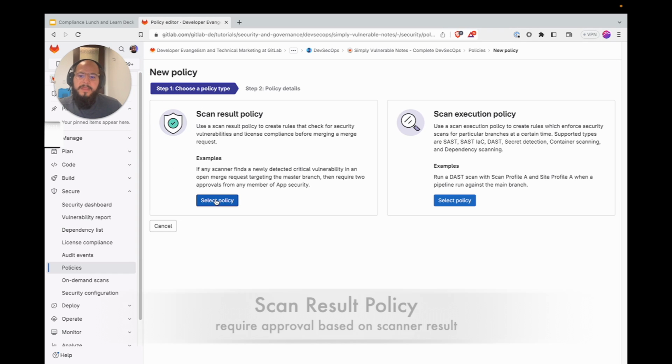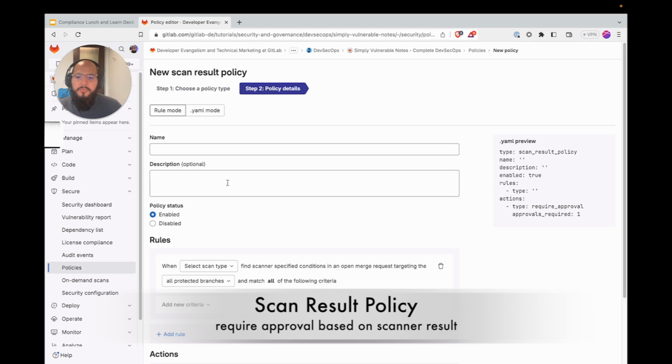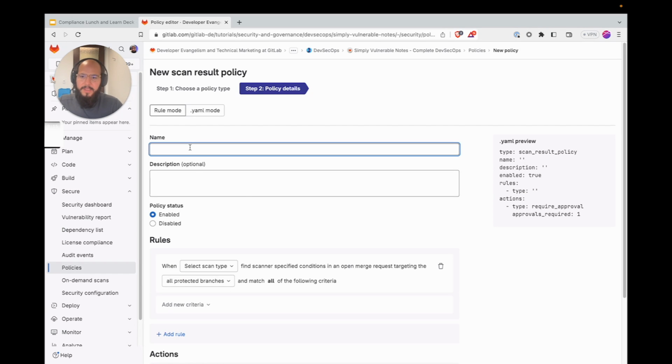And first, I'll show you the scan result policy that allows you to require approval. But essentially, what you do is you give it a name. So let's just say low, medium vulnerabilities.